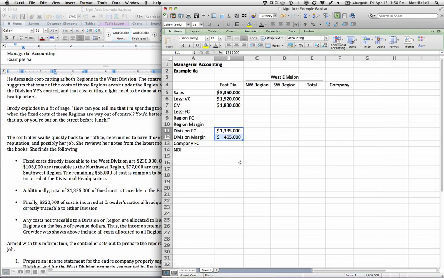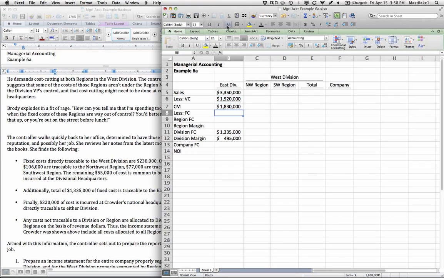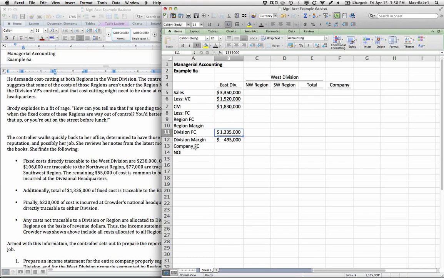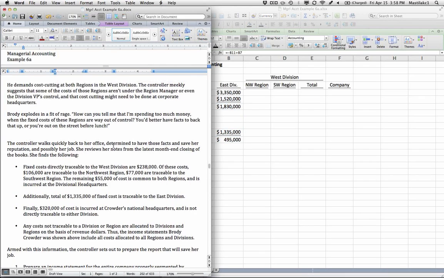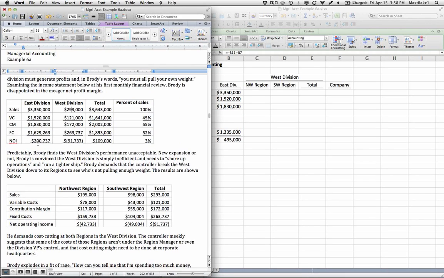put these in the wrong spot. The East Division has a margin of $495,000. Now, we're not splitting the East Division into its two regions, so we don't need that detail. But if we're going to look at the East Division as a whole, we can see that given the costs that are actually traceable to that division, it makes a profit of $495,000, which is a lot better than the